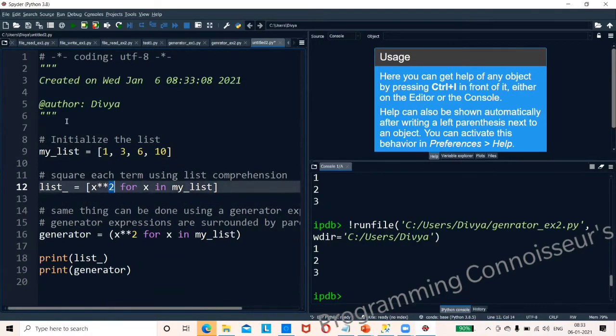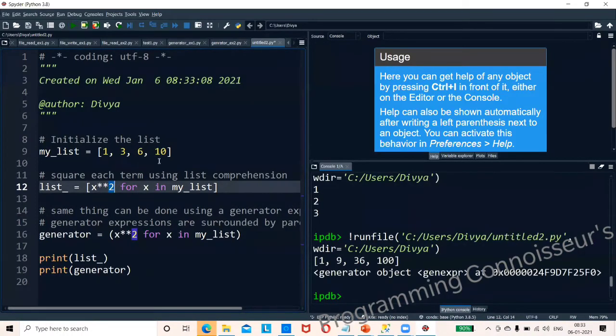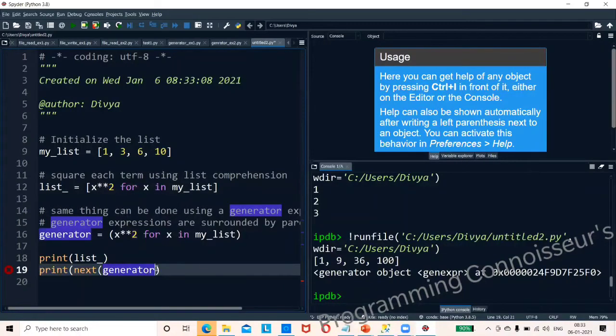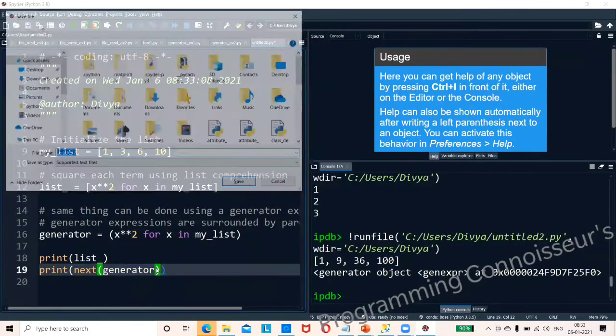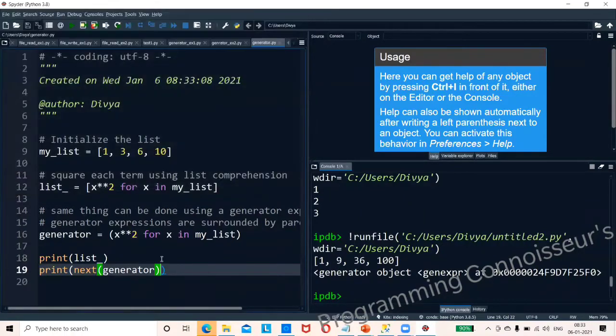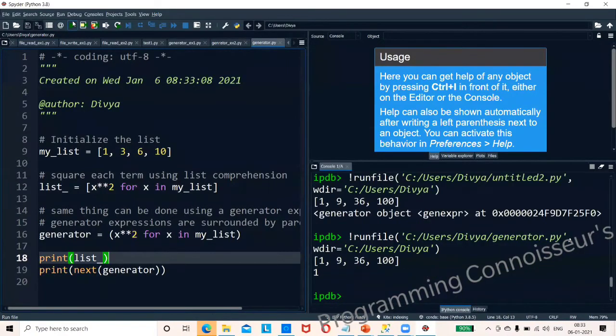It will calculate everything in memory and then print.